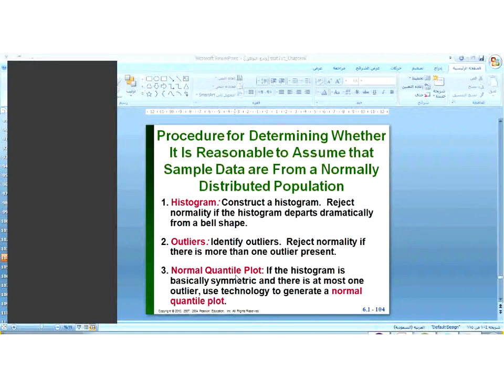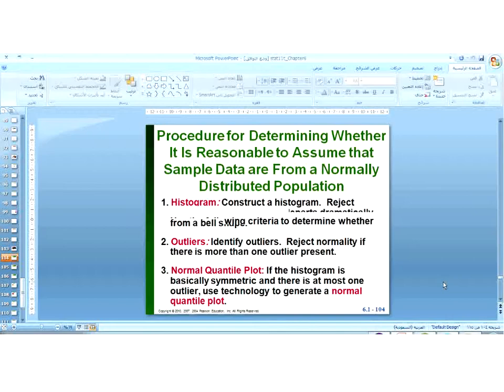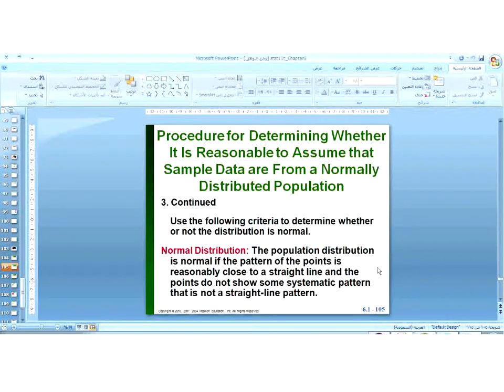وممكن using the normal quantile plot if the histogram is basically symmetric and there is at most one outlier، إذا هي symmetric وفيها at most one outlier يعني واحدة على الأكثر يا واحدة أو ولا شيء، we will use technology to generate a normal quantile plot